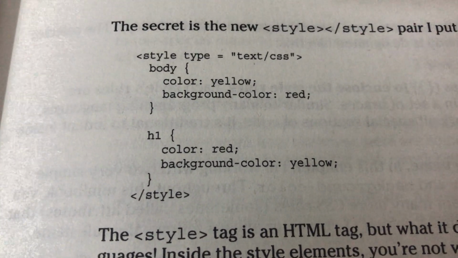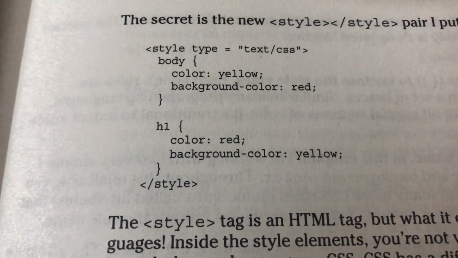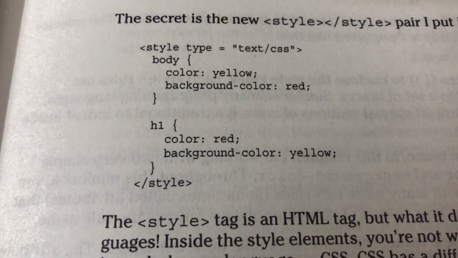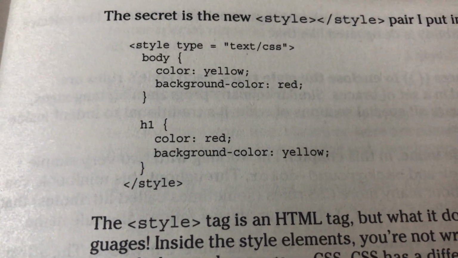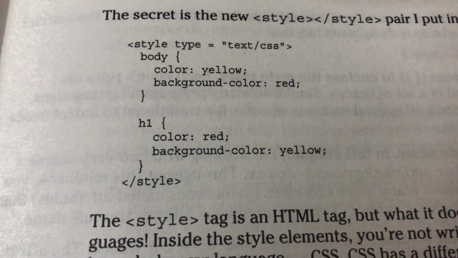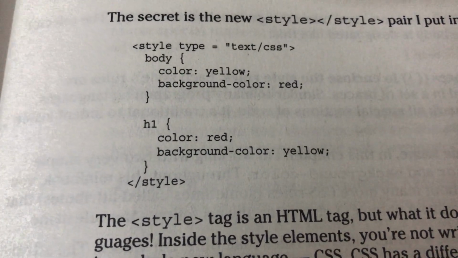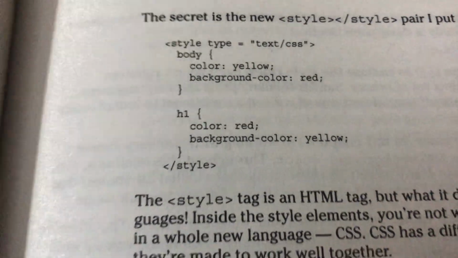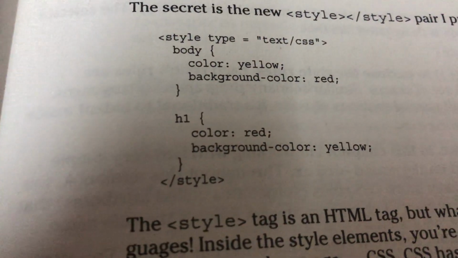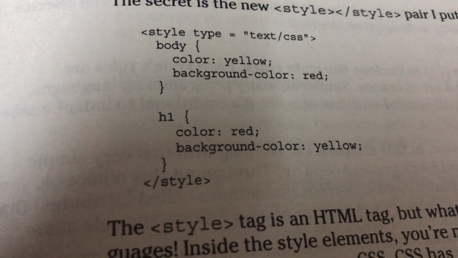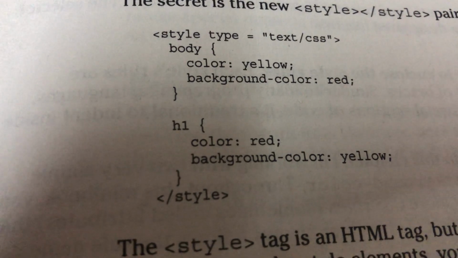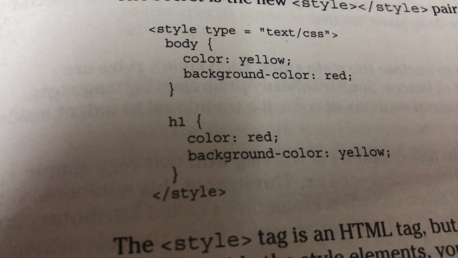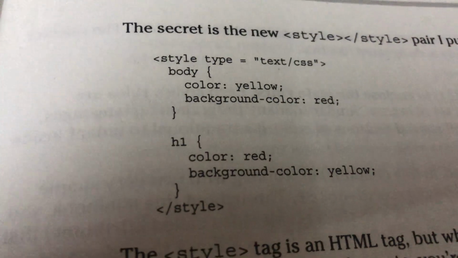styling you are using. So since we are using CSS for styling our web pages, obviously there are other methods. We are only interested in CSS. So this thing always remains the same, that is text/CSS. So the type of style would always be text/CSS. Now you can see that we have given body, and inside the curly braces I have specified color and background color. So for any tag for which I want to specify the style, I name the tag. Say for instance, this line here